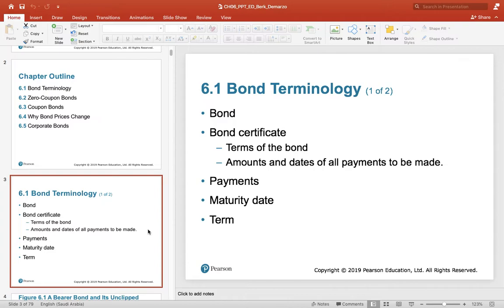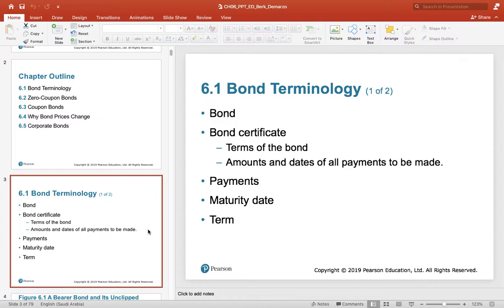Maturity date. It is the date on which the bond contract gets over and the bond will be repaid. This is the duration up to which the bond will continue and the coupon will be paid by the company. Once the maturity date comes, the company is bound to return the money to the bondholders. So this is the maturity date.